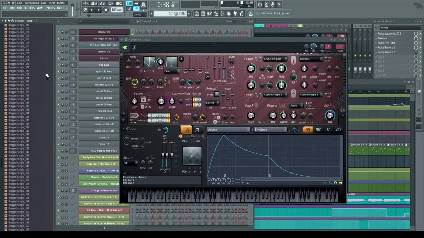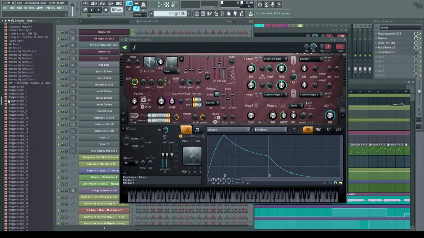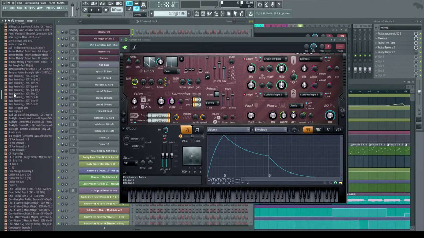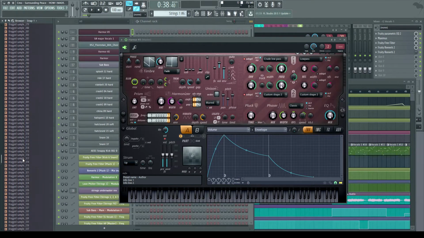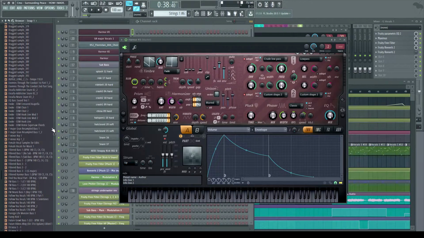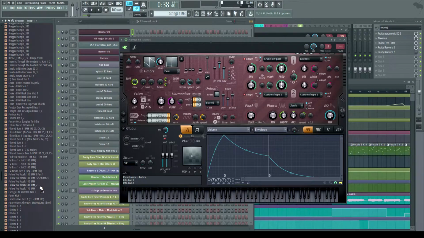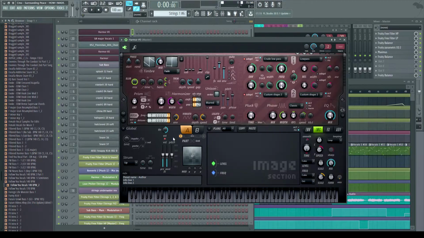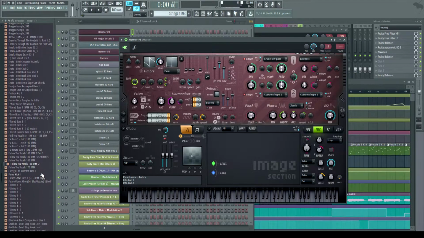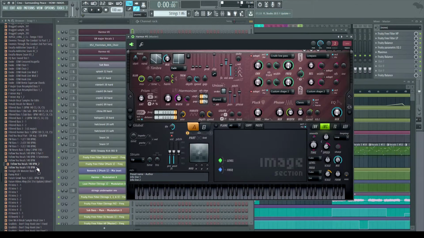So, first thing you need to do is relatively simple. Open up Harmor, like I said, and find your vocal sample. I'm going to try and find the same one I used in this song, or at least similar enough if I can find it. Where is it? Where the freak are you? There we go, that's it. That's the Follow You vocal from AU5's track Follow You by that one singer's name I can never pronounce. You'll find it. Pretty popular track. Anyway, open up your Harmor, drag and drop it into the image section.